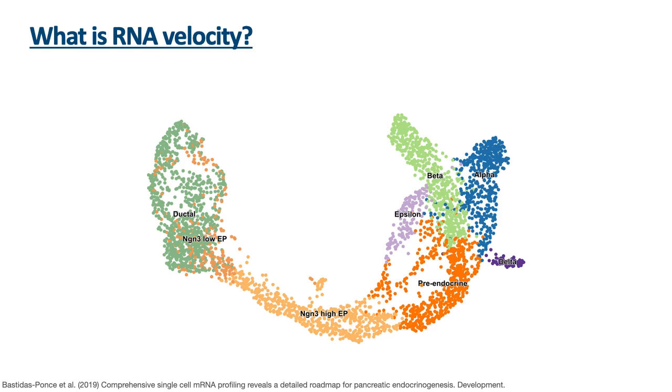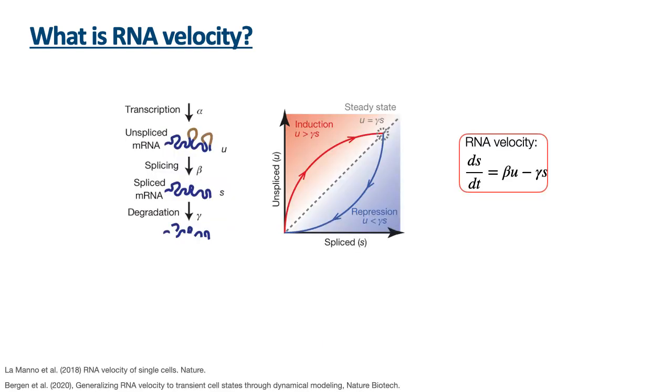However, we would still be interested in, even without prior knowledge, finding out the direction of the progression of cells through this dynamical process. And this is where RNA velocity comes in. RNA velocity was first introduced by La Manno et al. in 2018, and is based on the fact that unspliced RNA can be distinguished from older spliced RNA through the